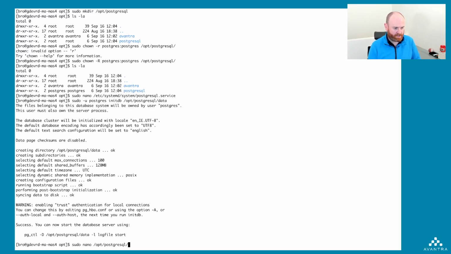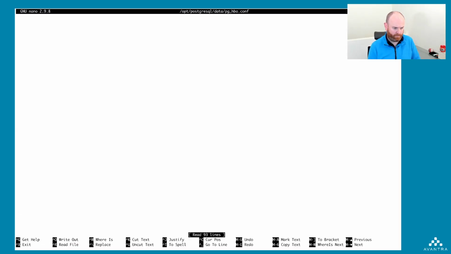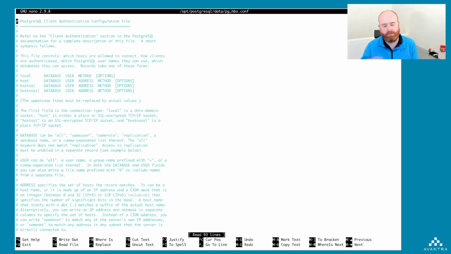So into the PostgreSQL directory, into the data directory, we will now find that there is a file called pg_hba.conf. Yeah, there we go. The reason the autocomplete wasn't working there is because I actually don't have permissions to read this directory unless I'm the super user. And of course I wasn't at the point where I was running that command. So the file is at opt postgresql data pg_hba.conf, which is the standard client authentication configuration file that comes with